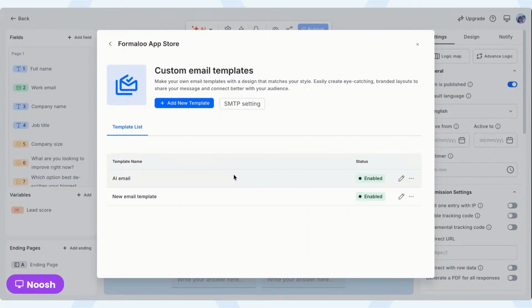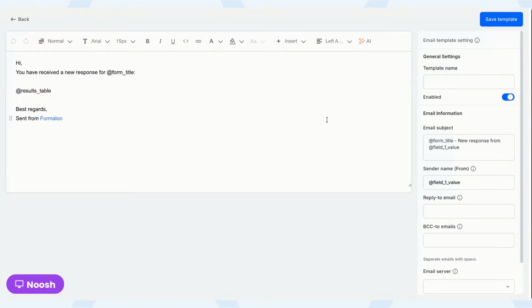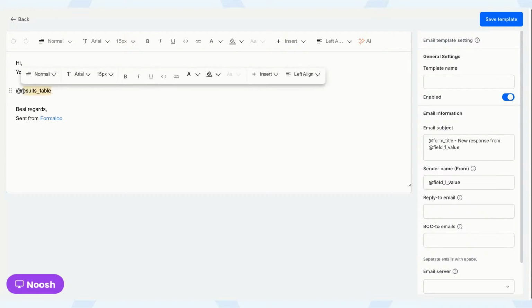Custom email templates shows all of your email templates. You can create a new email template if you want, customize it, use it anywhere on any form. The more general your email template is, the easier you can use it on your different forms. And some cool properties or variables you can use on your emails and PDFs can be found on our